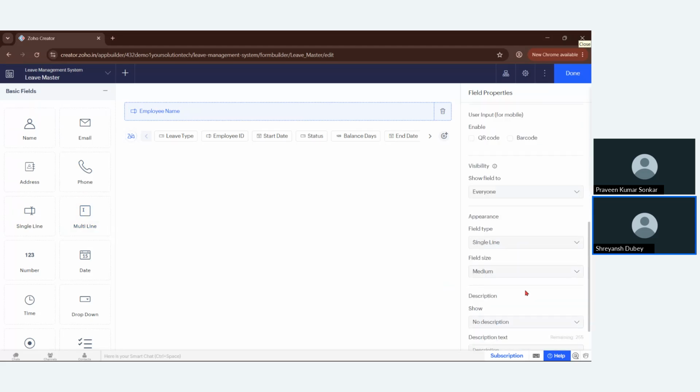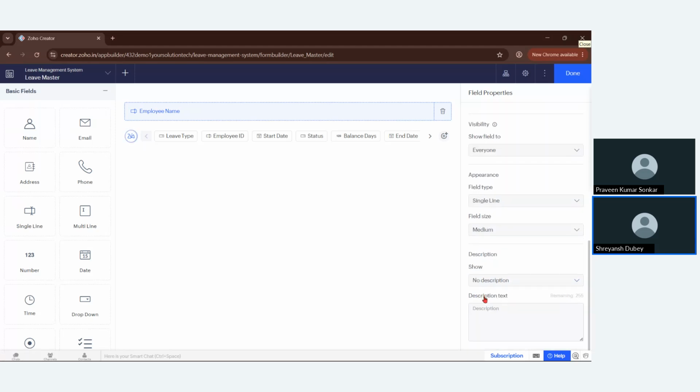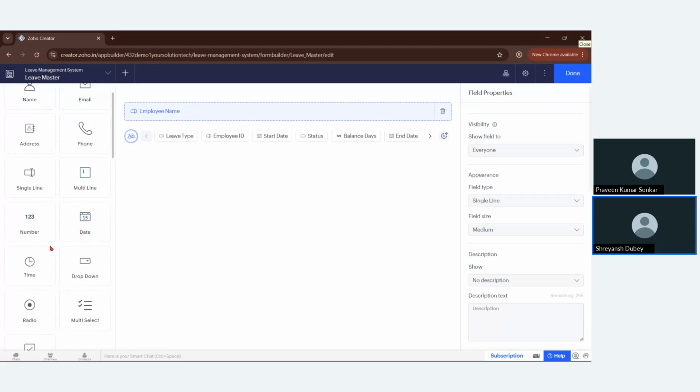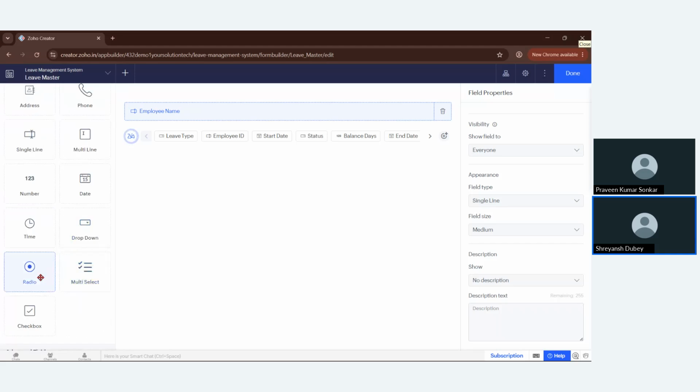You can set the field type, size, everything is available over here for a particular kind of field. Now come the other fields, which are, suppose, number field, date field, time field, drop down, multi-select, radio, checkbox. For now, we will be building a basic form which will include the employee name, the start